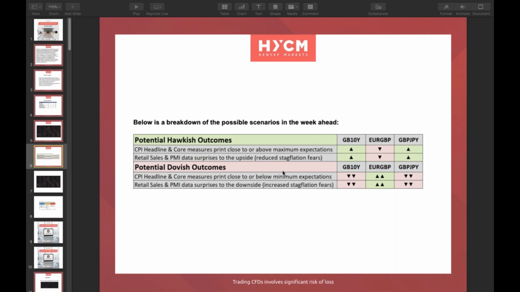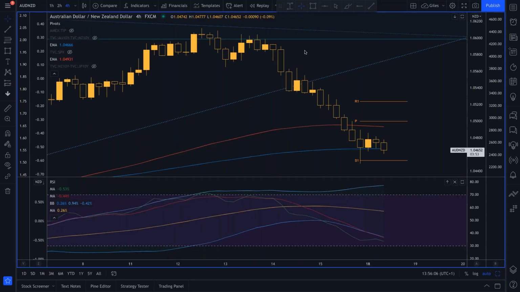Yes, Max, well said. You're right. It is a very tricky environment to trade. New Zealand dollar longs look very stretched. They do. I think the Aussie New Zealand dollar is the pair I've got a sell trade on. In fact, I'll just show you how I'm managing that. Max, thank you very much. You raised a good point, and you've given me a bit of something extra I can give to you guys.